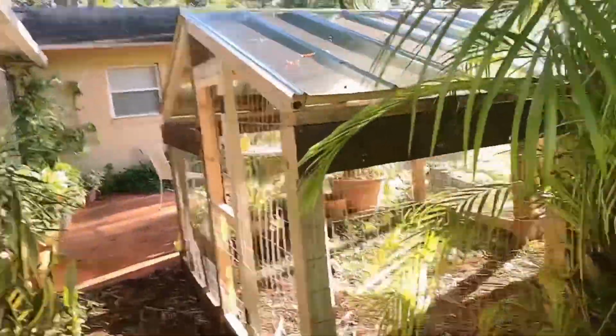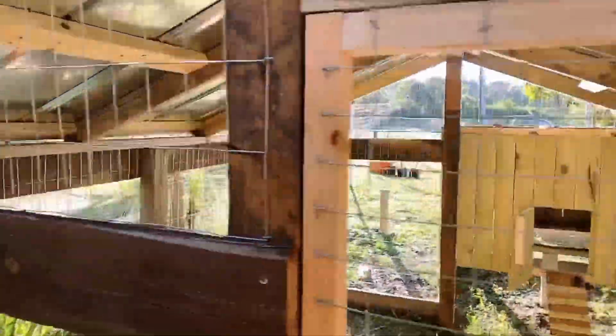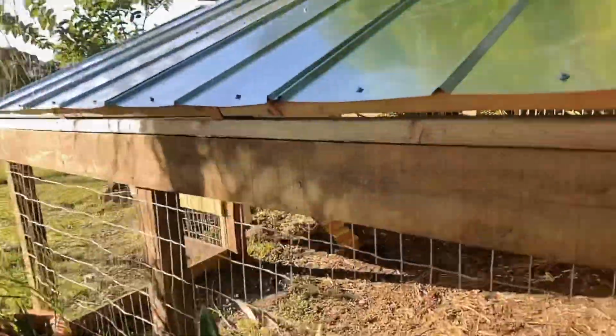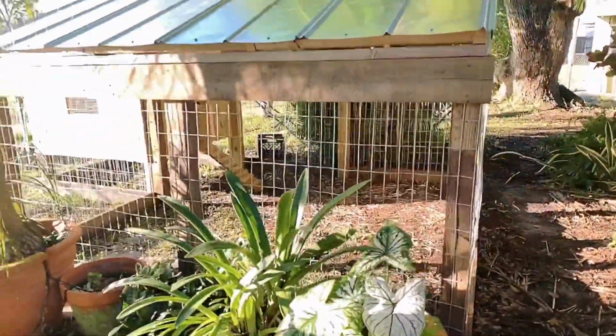So this is the chickens' house. We might buy some more chickens. Let's see how they do in that house. Alright guys,